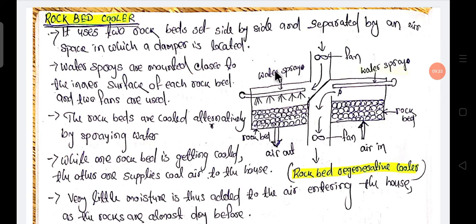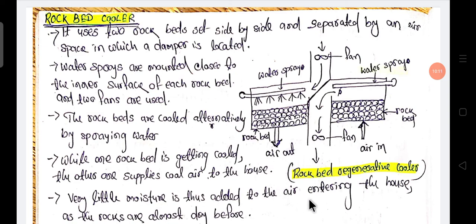When the air from the building comes in, the fan forces the air into the rock bed chamber, where the rock bed is cooled down briefly by the water sprayer, and the air passes through the rock bed and goes out